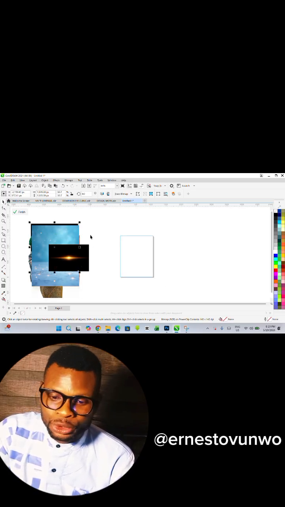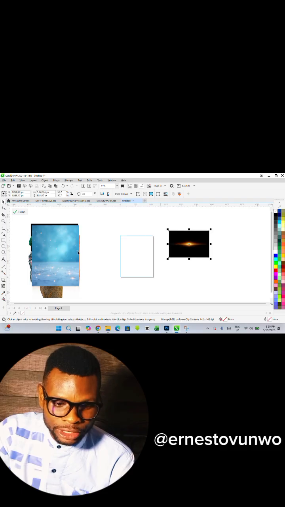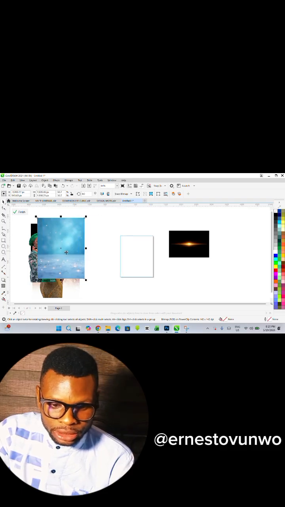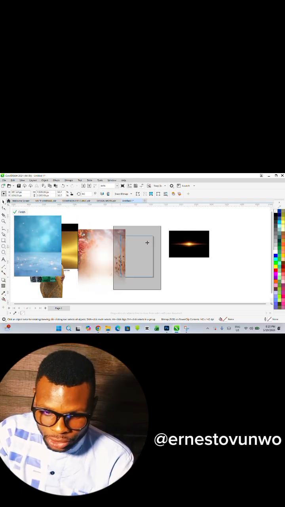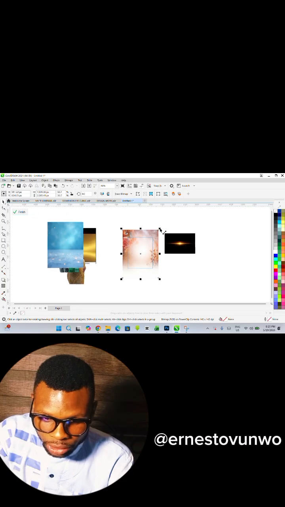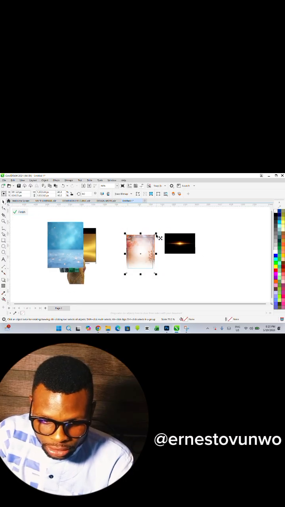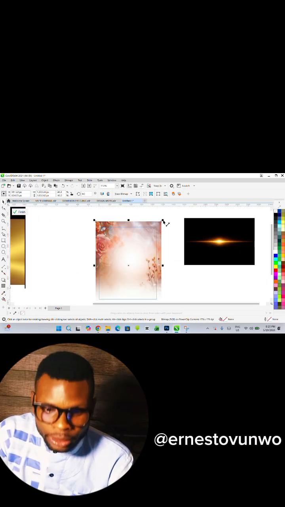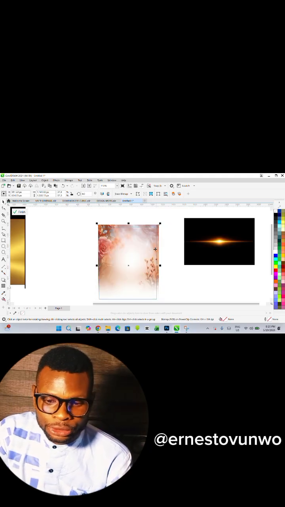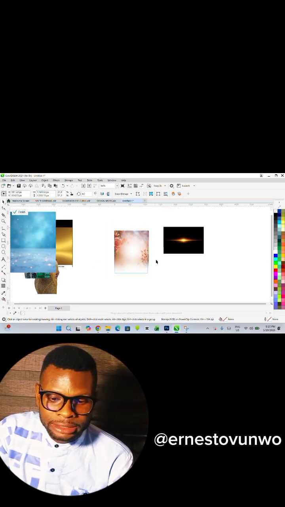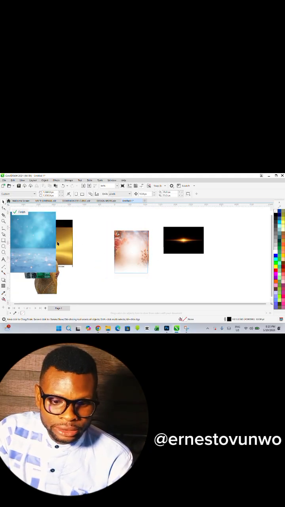Now the first thing I want to do is to arrange our background. The first background we are using is this. Okay, so I'm going to arrange it to bring this flower, you can see the flower here, to come to this area. And then the next background I want to fix in,